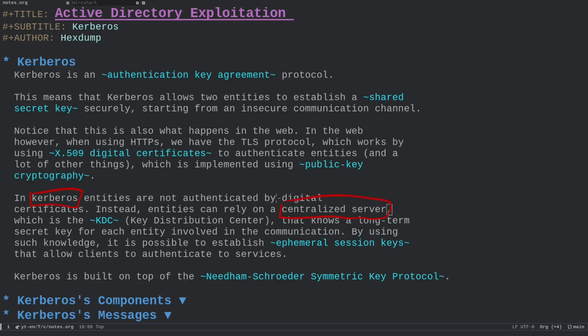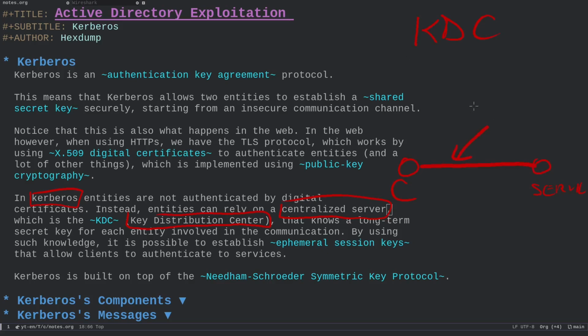So this is a really key point to understand, a really key difference to understand, is that for Kerberos to work, we need a centralized point of trust, which is known as the KDC, the Key Distribution Center. And this KDC knows long-term secrets for each entity involved in the communication. So the idea is that when a client wants to communicate with a service, for example, an SMB service, an LDAP service, whatever kind of service in the context of Active Directory, they can establish the secure channel, so they